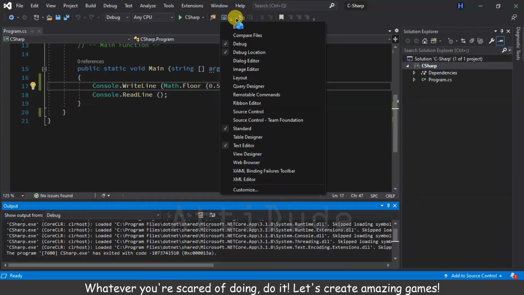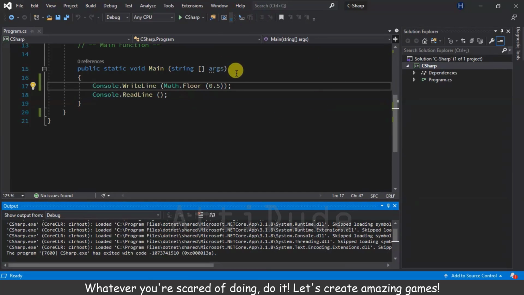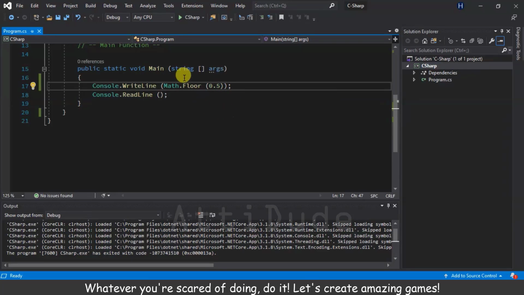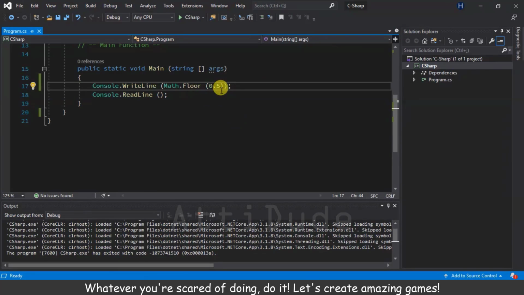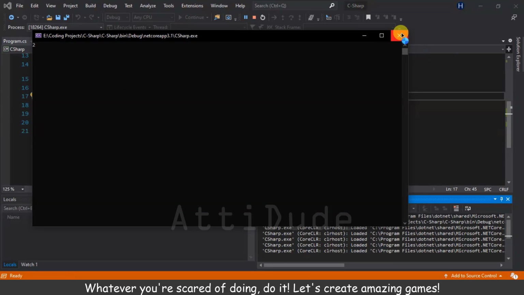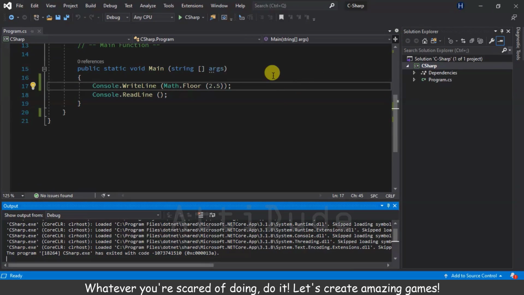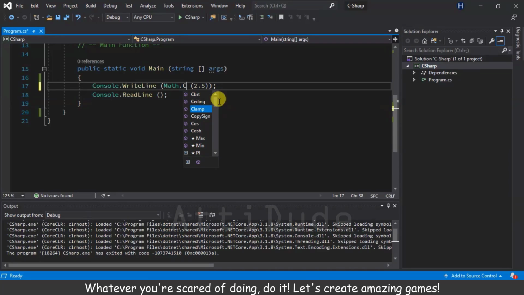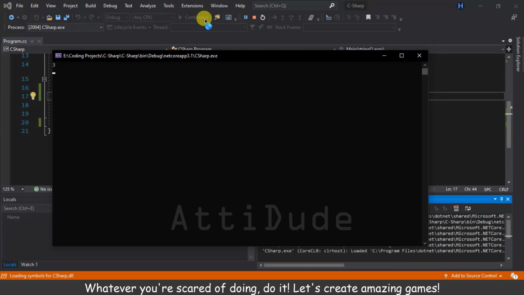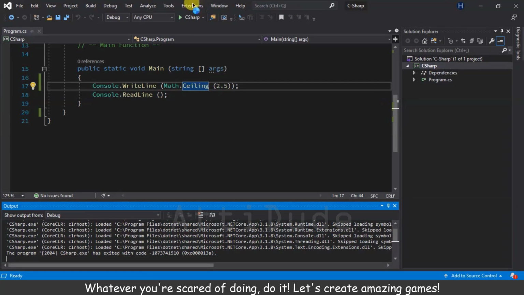We got 0, right? That was what we wanted, because we know if we floor 0.5, we're getting 0. Let's try with 2.5. We got 2. Okay, we have 2, and let's just try ceiling. I know it's gonna give us 3, yes,